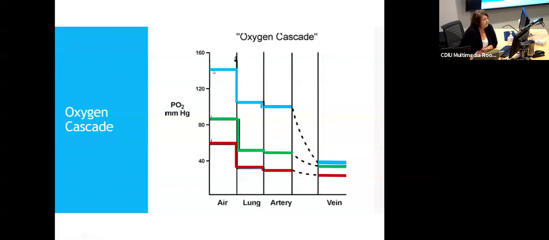We just said that. So here we are at sea level with a partial pressure of oxygen of 156 millimeters of mercury. We breathe that oxygen in, and then it steps down, and you are going to have a concentration gradient,